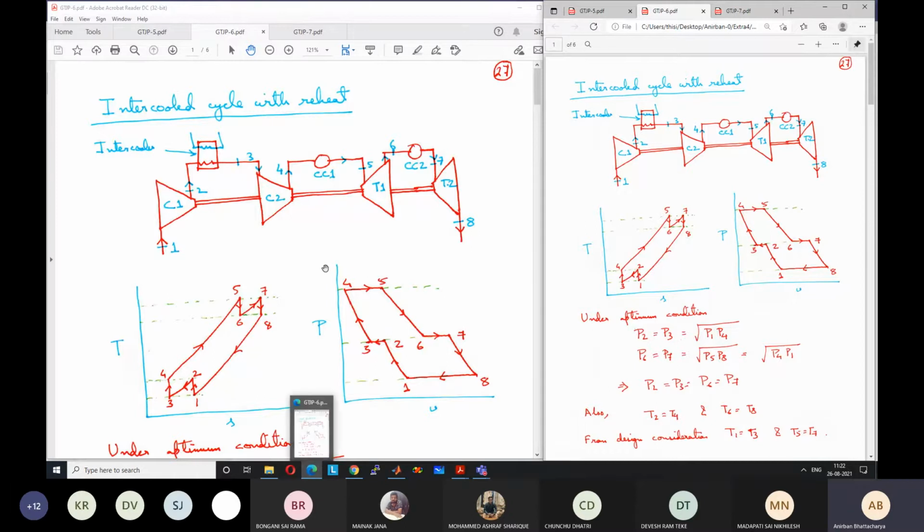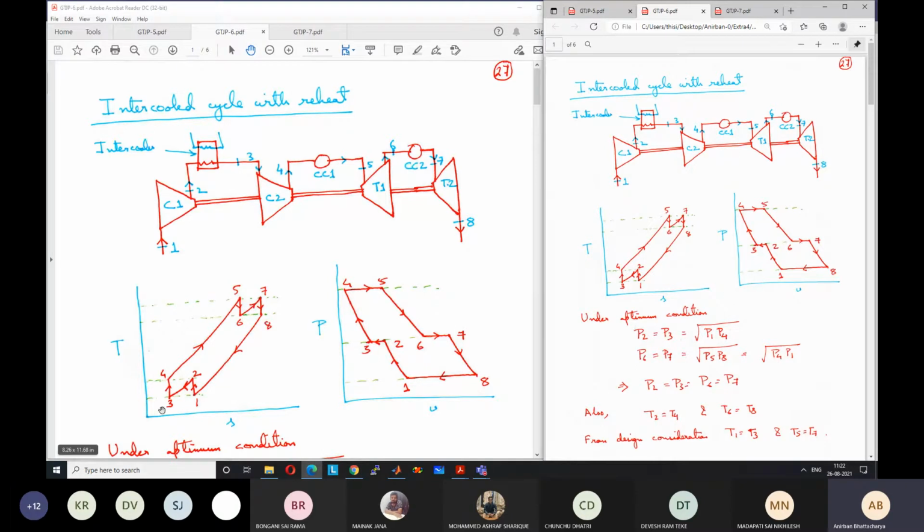And if you remember the analysis there, you should remember, because I have told you to study that before coming to the class. In that case, for the maximum value of work output, we have seen that T6 is equal to T8, and the pressure ratios are the same, so the temperature ratios are also the same: T5 by T6 is equal to T7 by T8, and T5 is also equal to T7. That is governed by the metallurgical limit, and the ratios are the same as obtained for maximum work output. As a result, T6 is equal to T8.